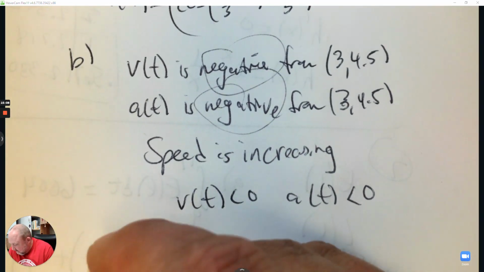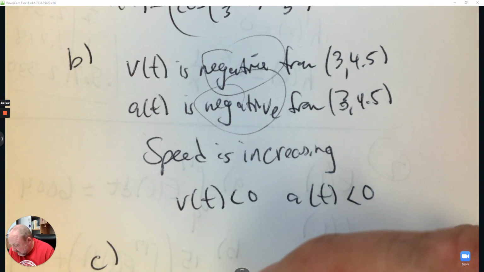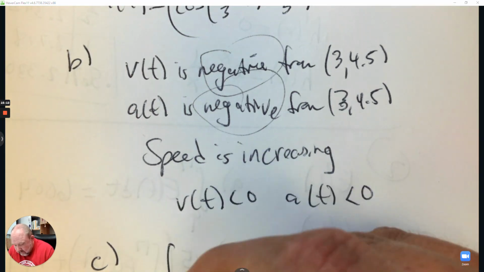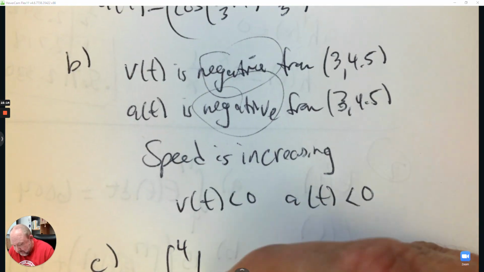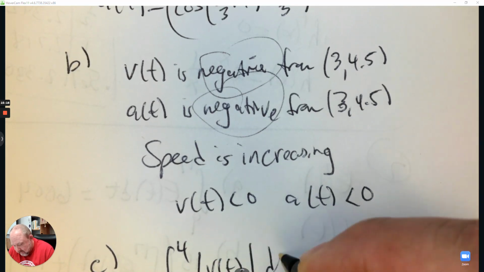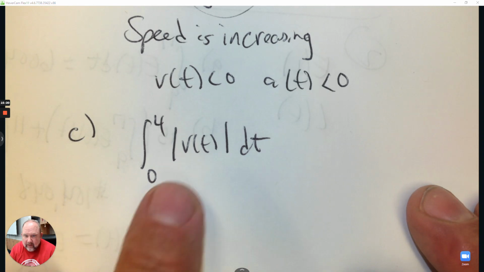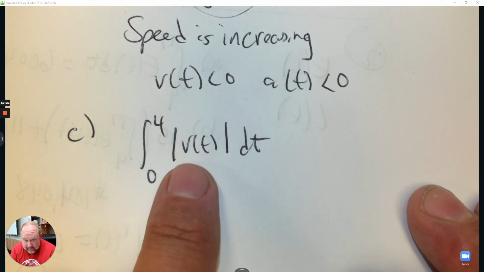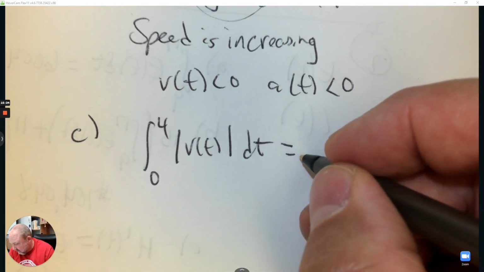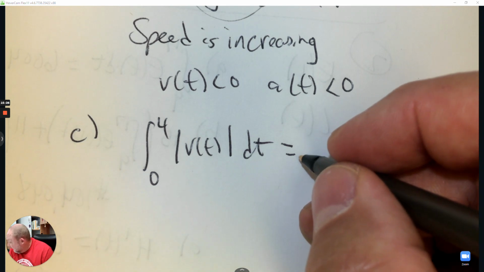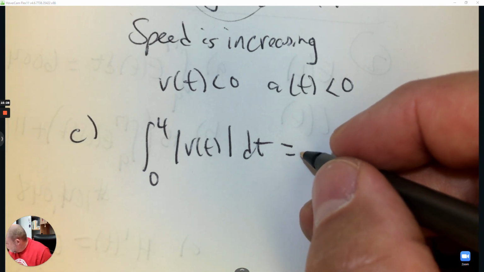All right, part C. What is the total distance traveled from 0 to 4? So to do that, total distance is the absolute value of the velocity. So this changes all the areas to be positive, and you just type it in with that velocity equation. Use your calculator, you can do it. And the answer is